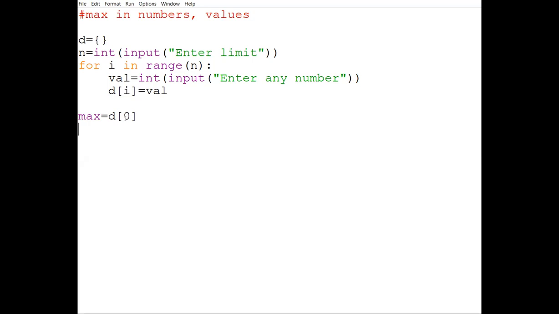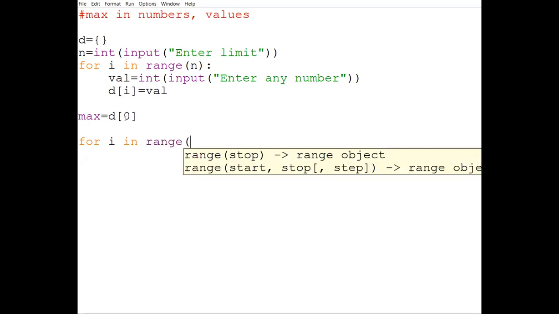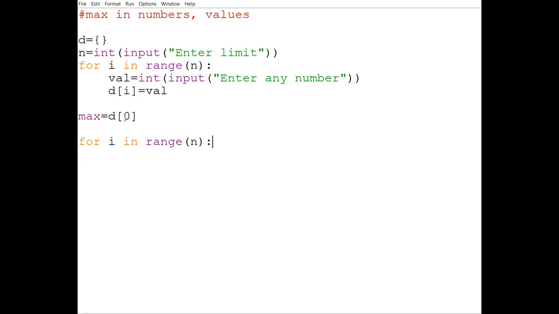If any value is greater than that, now we are going to run the loop for i in range again. There are multiple methods of solving this, because many of you have done it with respect to dictionary key value, and that will also work perfectly. In this I will make a few changes.